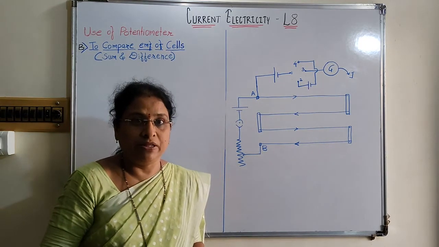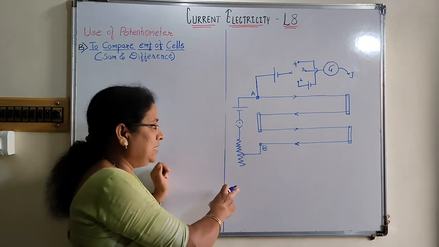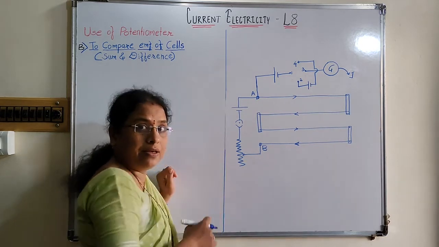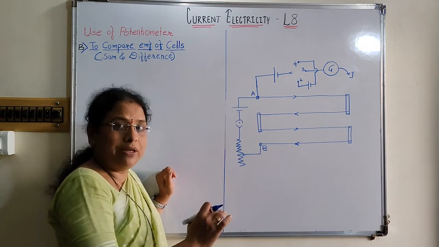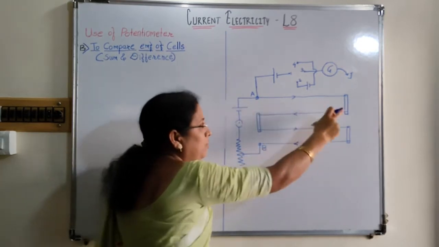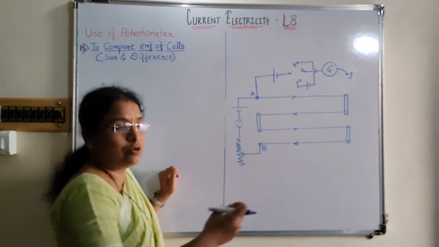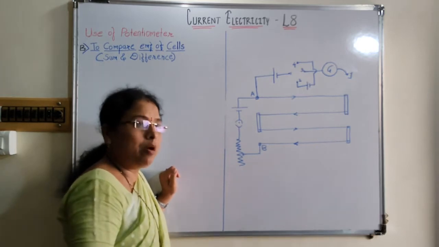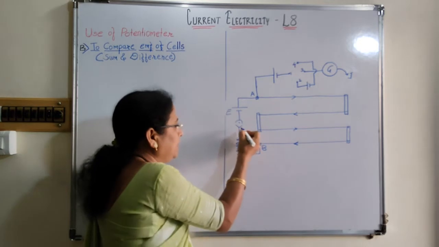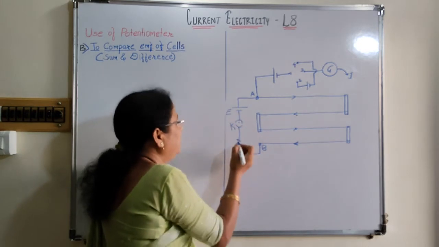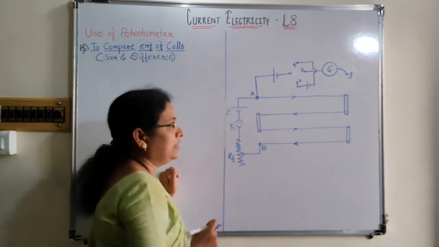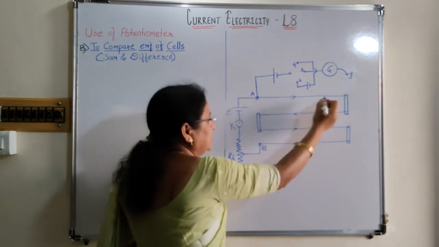In the last lecture you have learned that to compare the EMF of two cells by single method or by individual method, the basic circuit is same. Here this is the potentiometer wire, 4-meter wire stretched and fixed on a wooden board, the wire having uniform cross sectional area, a battery having EMF E, the key K is the key and RH is the rheostat. These are connected in series with the cell so that the current I passes through the